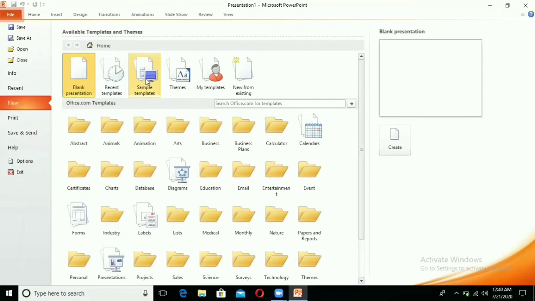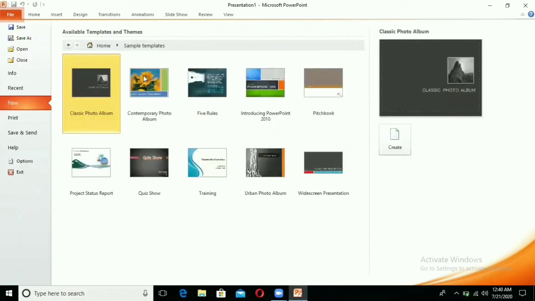So if you want to save time and you want to take some predefined styles, colors, fonts, you can choose any template. Just click on sample template. You can see here there are different sample templates. These are some predefined presentations which contain a number of slides, and all the effects, fonts, colors, background styles are predefined and we can change them according to our requirement. Clear? Whatever you want to take.